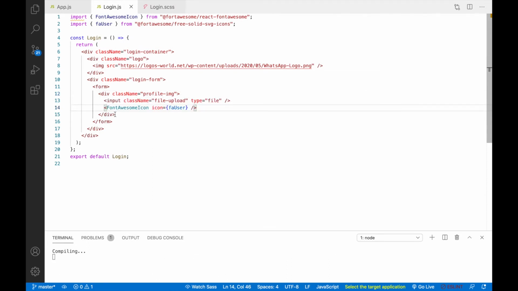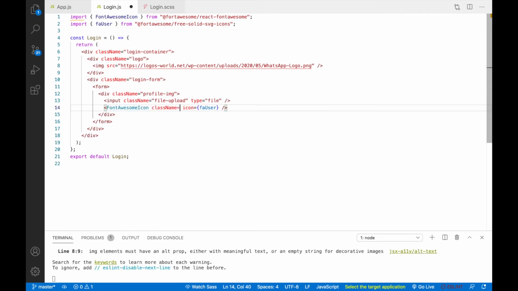Okay, so after this, sorry, we have to give one class name for this also. So that will be icon block. Okay, so after this div, we'll create one more div and the class name for this div will be profile name.